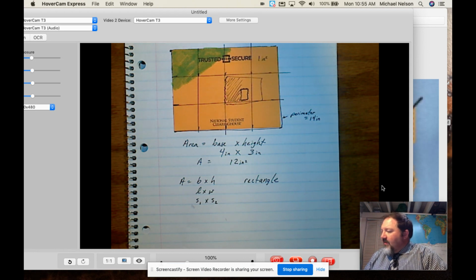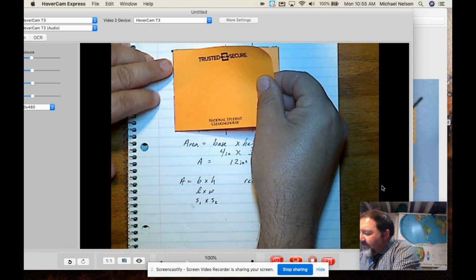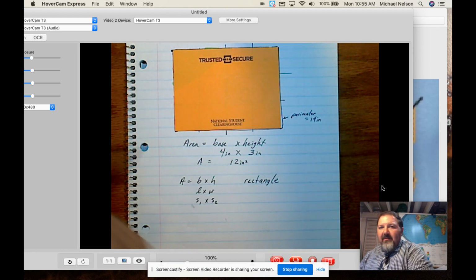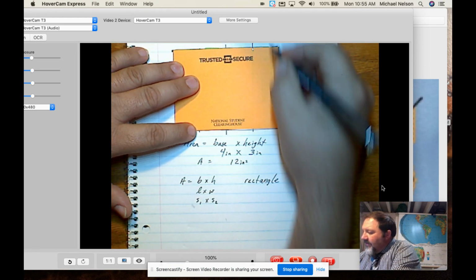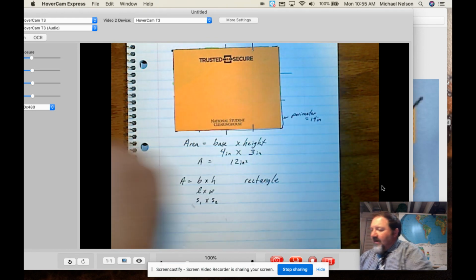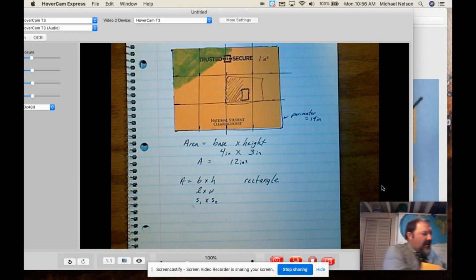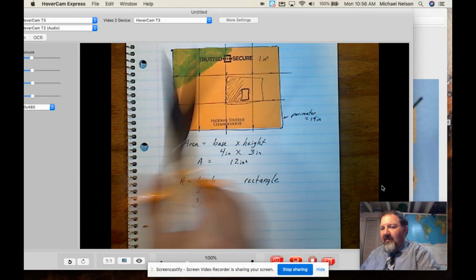You do sometimes have special cases. So you have a rectangle that is a regular rectangle, and regular in the geometric world means that all the sides are the same. So I'm going to mark this sticky note, and I'm going to use the greatest scissors